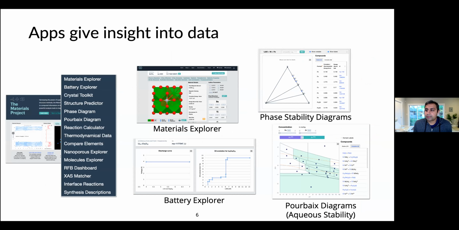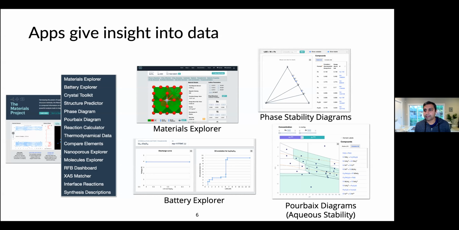In addition to just the raw data sets, the Materials Project also has what we refer to as apps. There are many apps, as you can see on the left portion of the slide. One of the things that these apps do is help you make useful comparisons and plots from the data set. So for example, on the top right here, you see a phase diagram or phase stability diagram chart, which really shows you what are the stable phases and what are the phase equilibria for a particular chemical space. You can make these for four elements. You can project them to get, like, an open element. So there's a lot of useful functionality that you can do without having to write the code yourself.